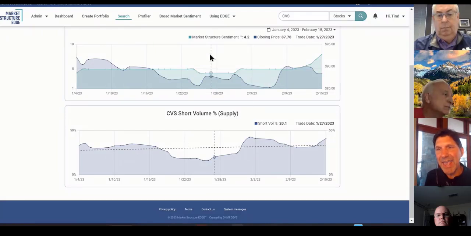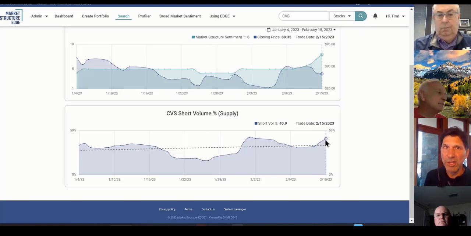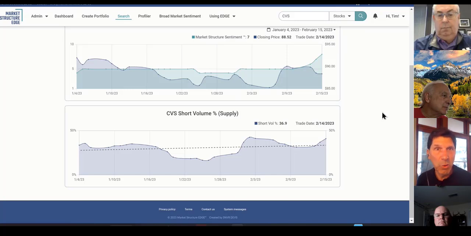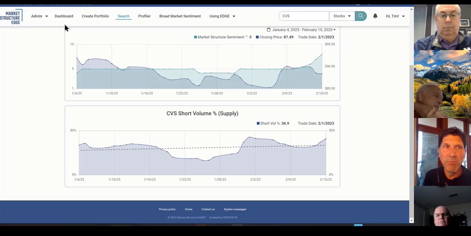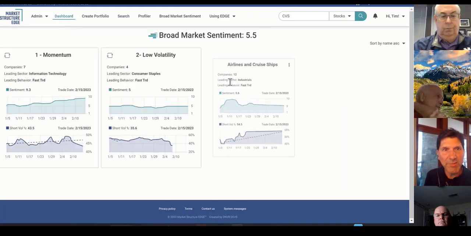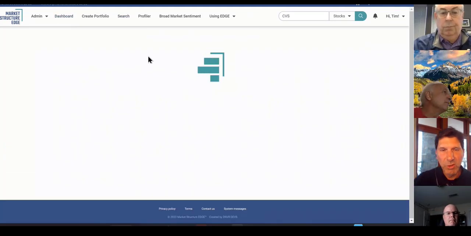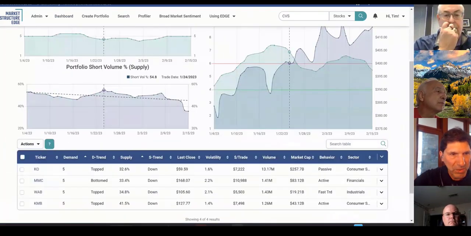I mean, could you make a case that this is telling us that people are buying puts and calls? Yeah, you could. Into Friday expirations, I think that this is what it reflects. And right now it's a tug of war, and we don't know who's going to win it. But to me, that's too risky.